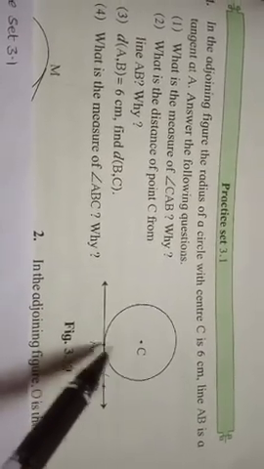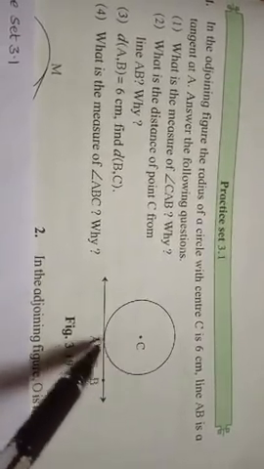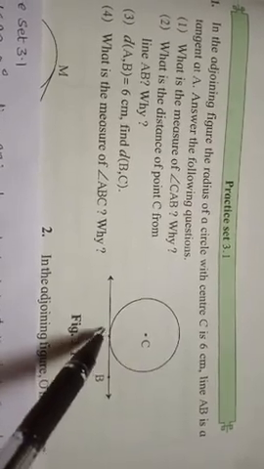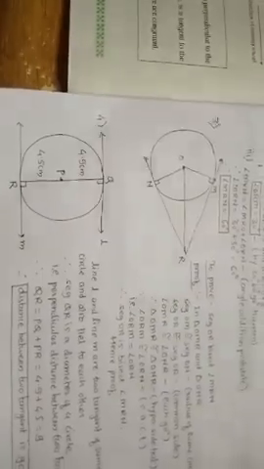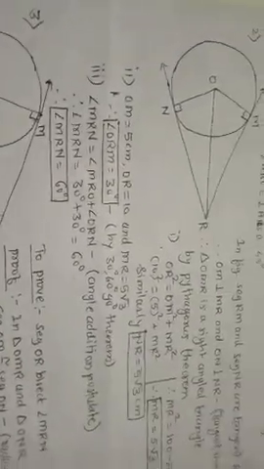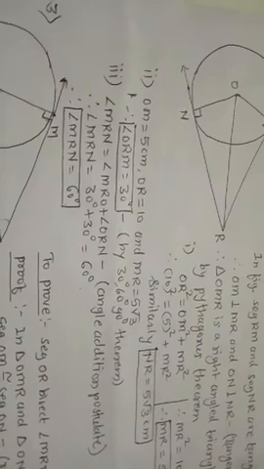And when you draw a tangent and then you join CA, this is nothing but a radius of the circle, and we know that the theorem says the tangent is perpendicular to the radius through the point of contact. So this theorem is what we have to study here. That means for the practice set we got the four answers of these questions, and based on these questions and the theorem we will solve other problems. Okay, thank you all for joining us.